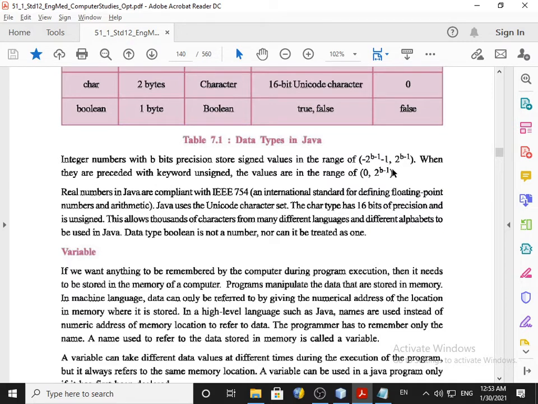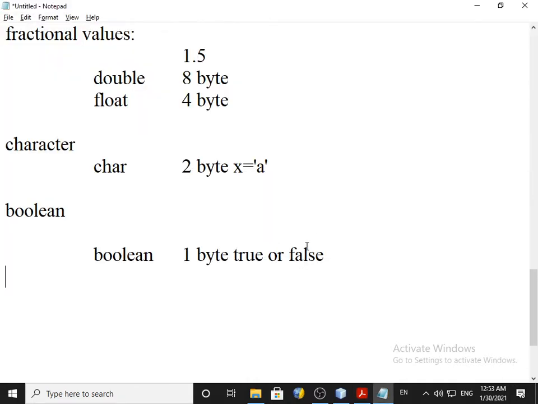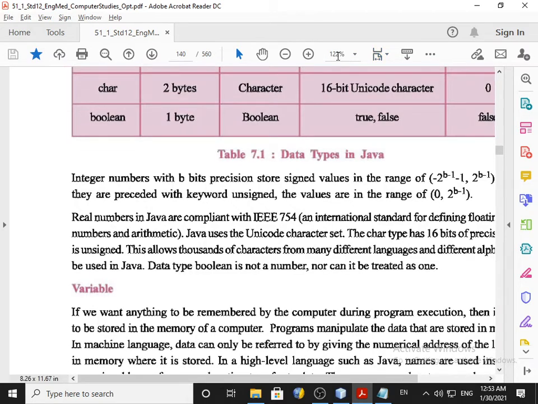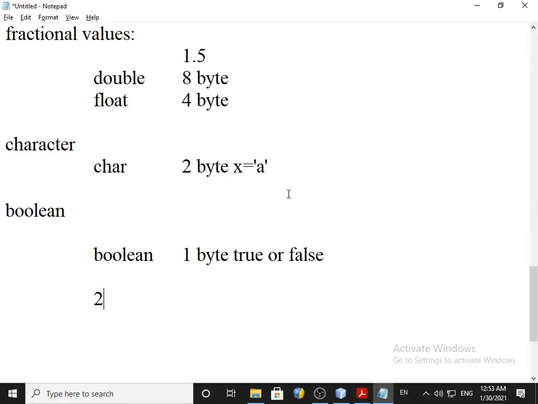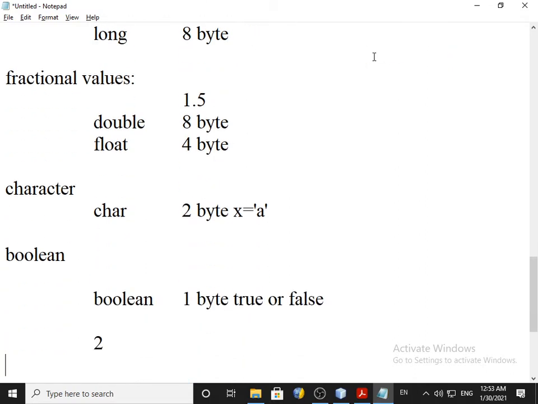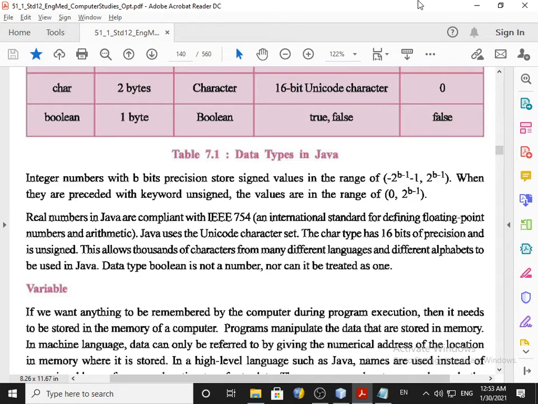I will tell you the correct formula, but don't rectify it. We have 2 raised to b minus 1, where in the place of b we write the number of bits.